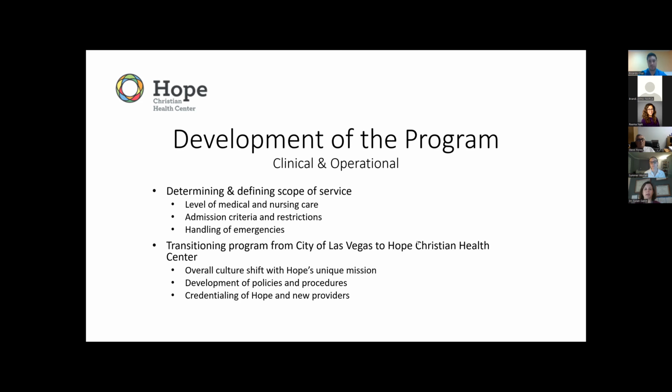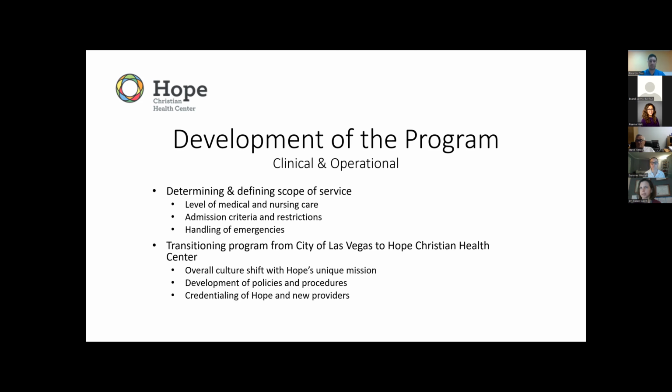So this required very rapid development of policies and procedures, because excellent care for us means that we're above board with all of our policies and procedures and our employee requirements. We don't cut corners. So we reached out to several existing respite facilities across the country to find out, how do you do things? We joined the National Healthcare for the Homeless Council and enrolled in their respite training course, which not only has helped us work through a lot of these things we had never heard of before, but enabled us to network with other places who are in various stages of building or running a respite